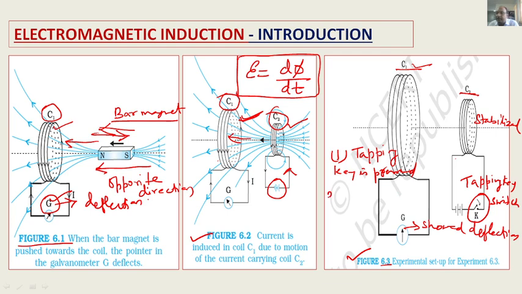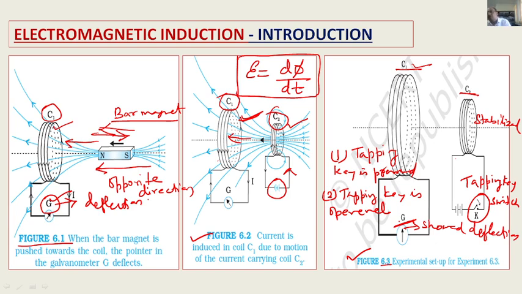Now, second, when the tapping key is opened, means the circuit is kept open, suddenly the current is made to collapse in C2. It is stopped. Again, the tapping key is opened, and the current is allowed to collapse in coil C2. Immediately the galvanometer showed deflection